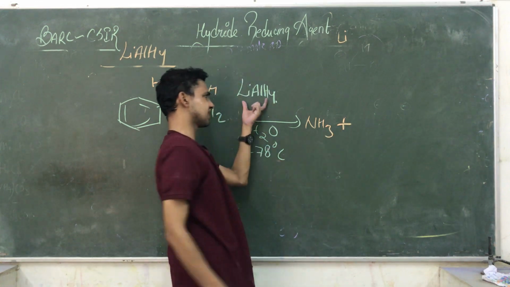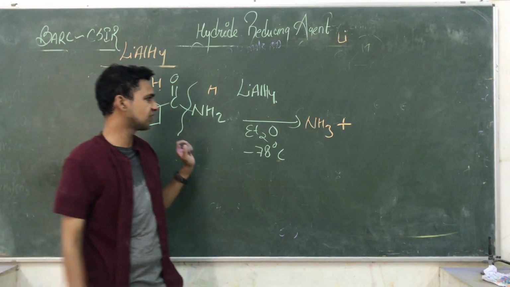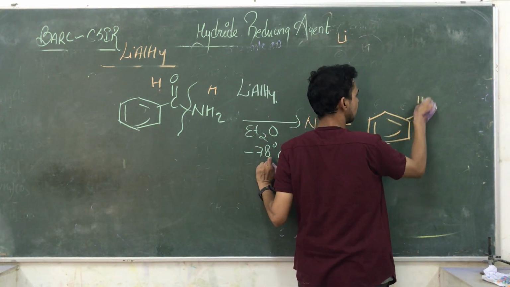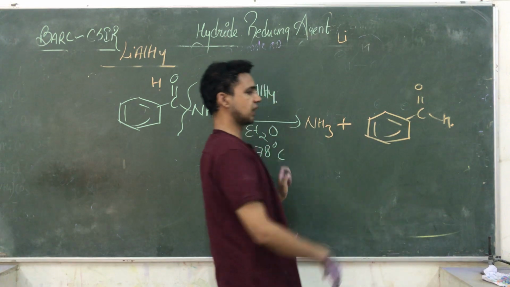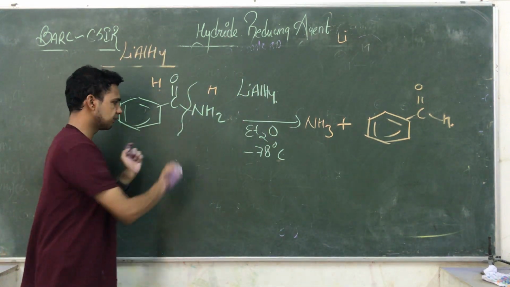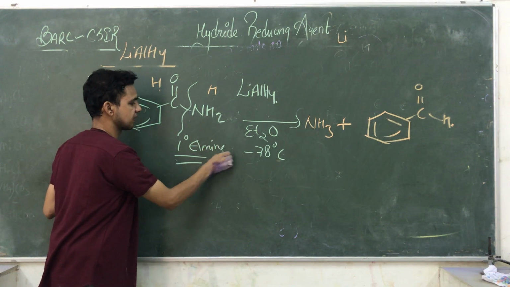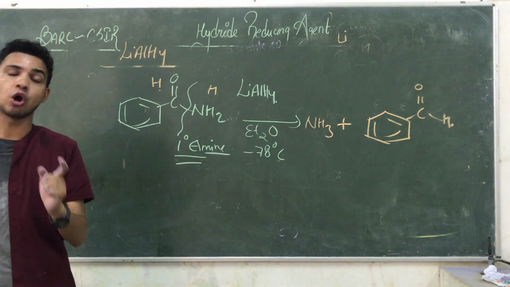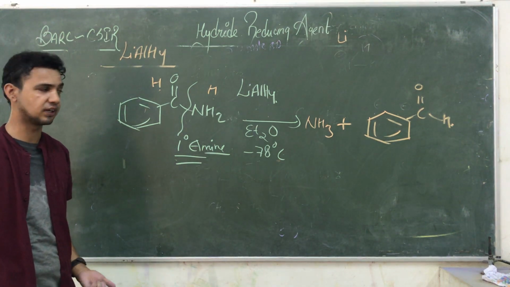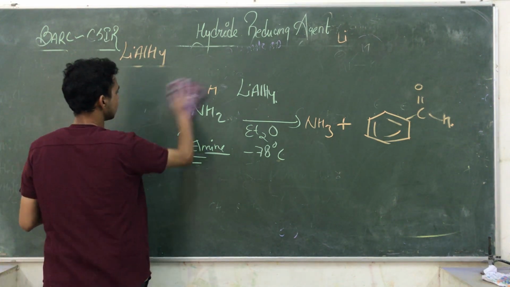The reaction takes place according to our previous reactions, and here we are getting aldehyde, C double bond O, H. So it is behaving like a good reducing agent, but it is a primary amine. ये किसके केस में possible है? केवल primary amines के केस में. But if you are taking the salt of a tertiary amine, the reaction goes differently under different conditions. So see, the last reaction is with tertiary amine.